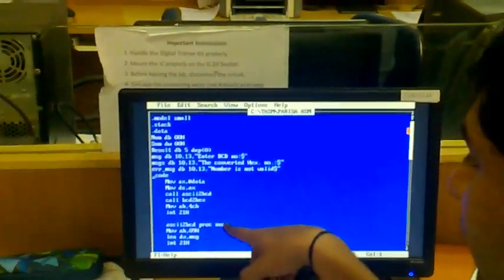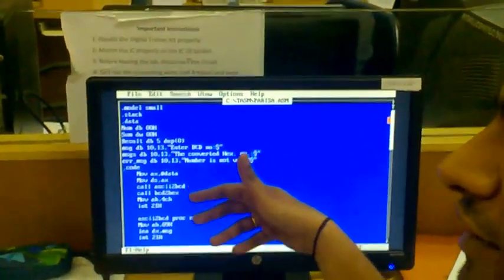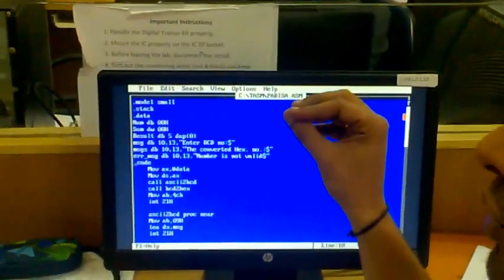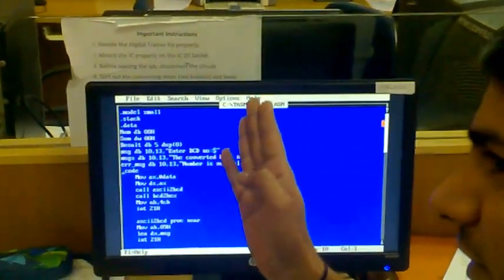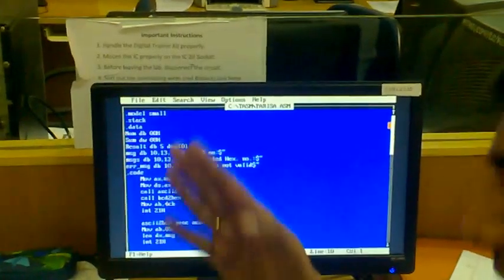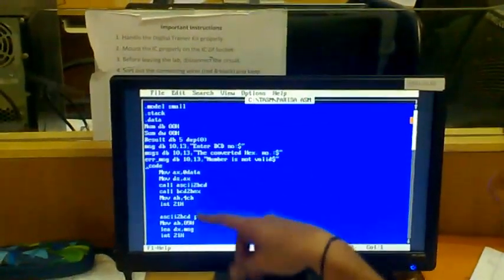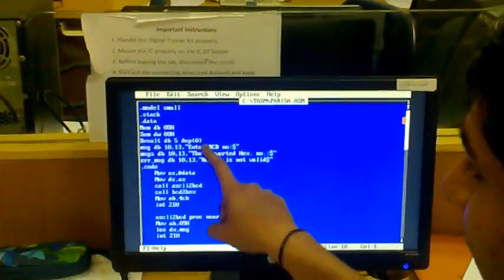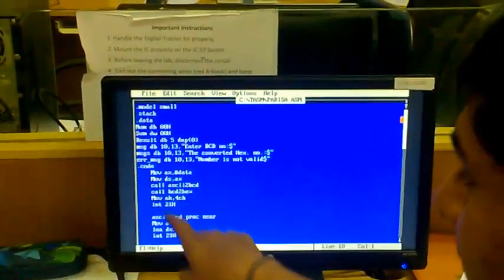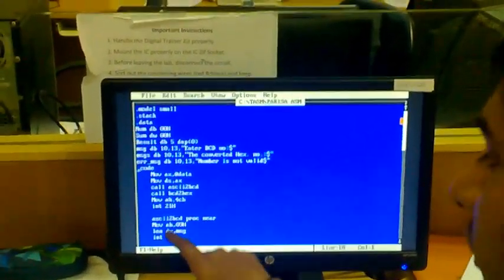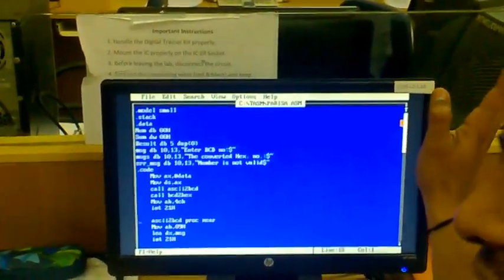So next, ASCII to BCD procedure near. Right? So I am going to write down ASCII to BCD. Whenever you are going to do the conversion from BCD to hex, you need to convert ASCII to BCD first, then BCD to hex. So first of all, I need to write down the procedure for ASCII to BCD. Then next, print the message. So this message will go on the output screen. So this is the address, load effective address. So this offset will be stored in your DX. Okay. Up to this point, is there any doubt?